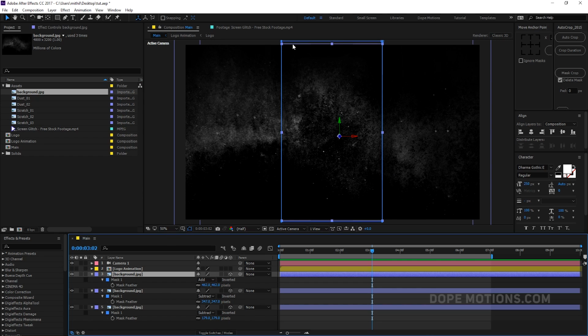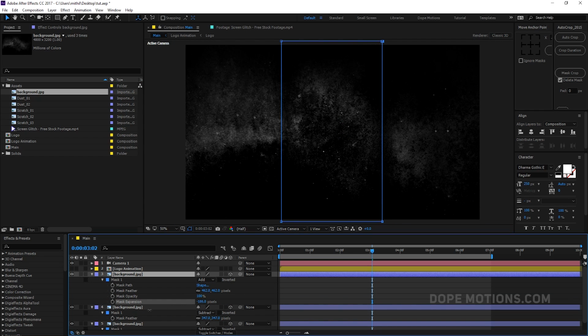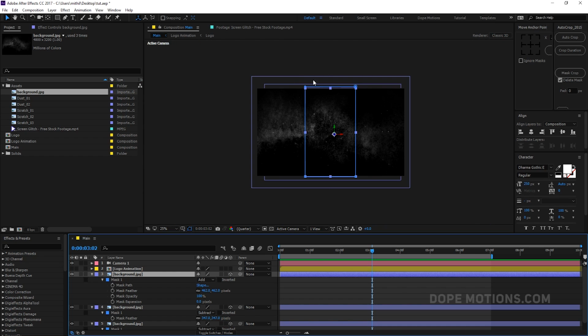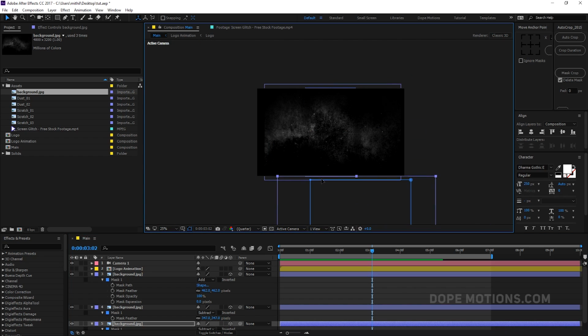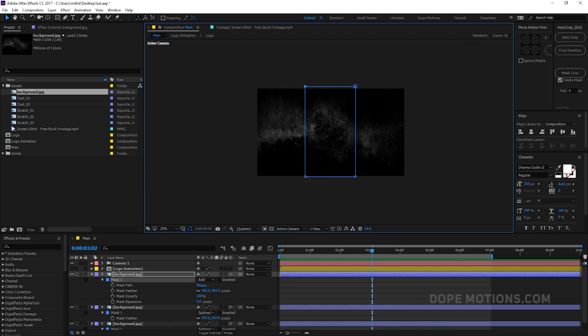I'll select this one actually and go to mask expansion. Let's go right over here, bring this down just like that, so you can see we can play around with this as well. But I'm gonna set this to 0 actually, because the mask expansion works from all the corners, and I just want it to work on the side corners. So maybe I'll just drag it down just like that,